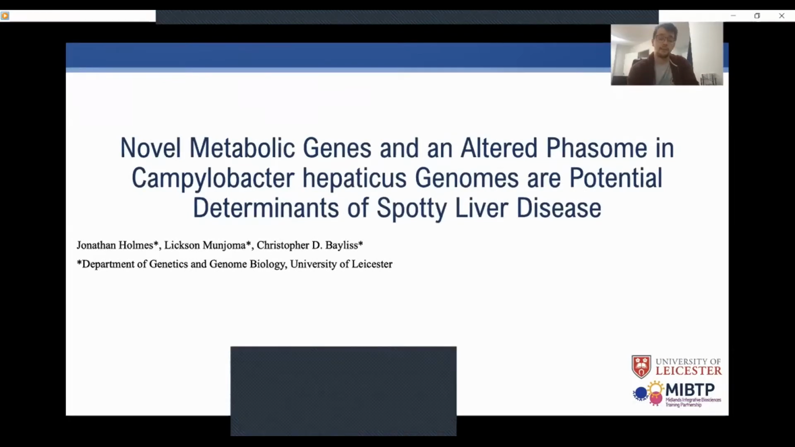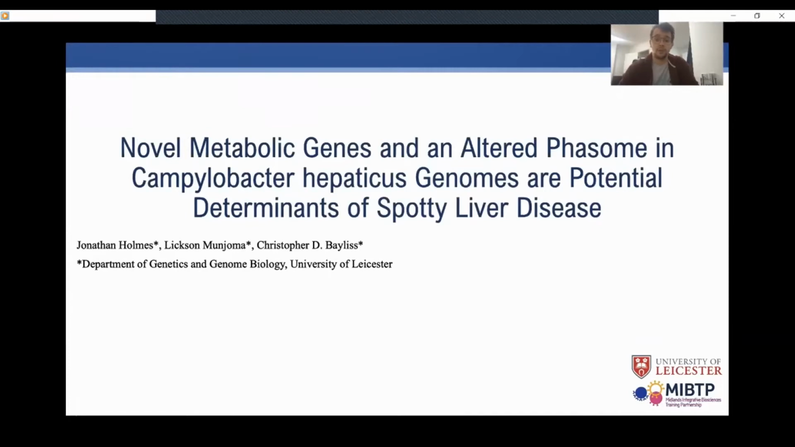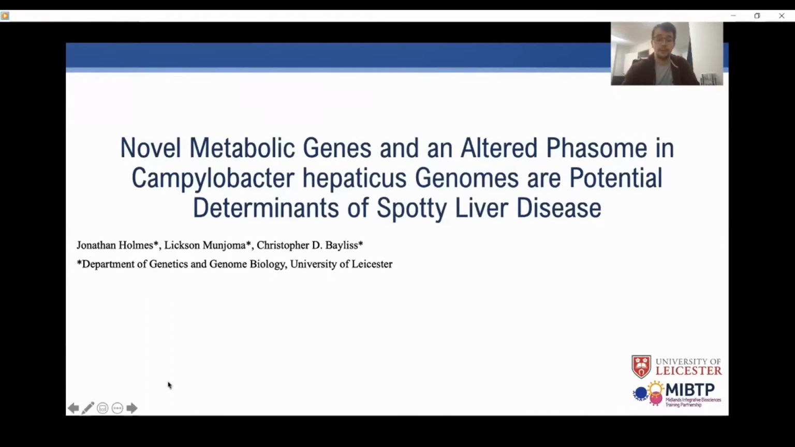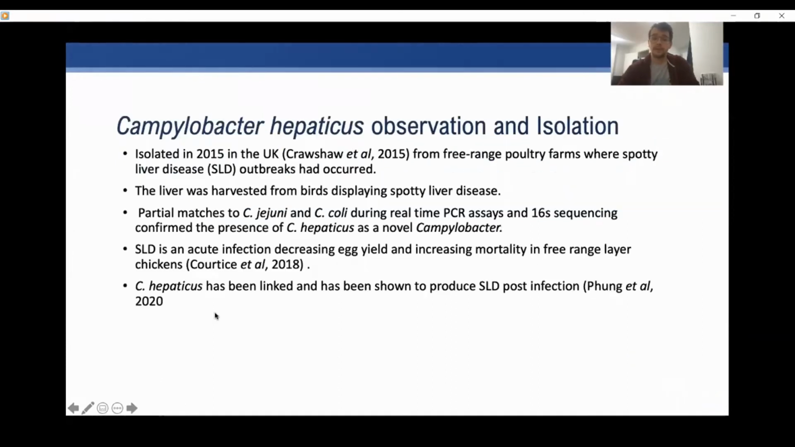My talk will focus on some of the work I've been doing on a relatively new bacterium, Campylobacter hepaticus, and how our understanding of its genetics and genomics might tell us a bit more about its role in spotty liver disease. Campylobacter hepaticus was first isolated in 2015 during an investigation into spotty liver outbreaks on free-range poultry